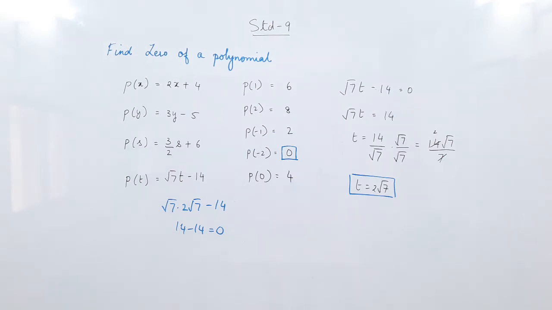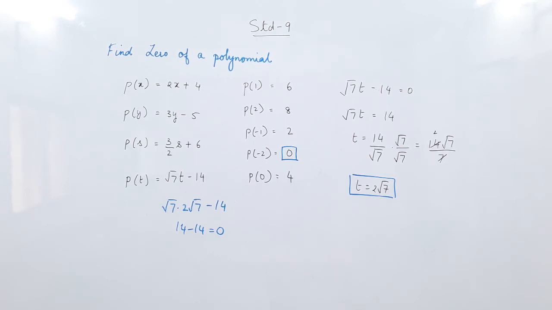So what we have done so far, can we revise it one more time? First of all, we classified the polynomials, whether it is a polynomial or not a polynomial. If it is a polynomial, then how many variables, single variable or more than one variable. Then we found out the terms, whether it is a monomial, binomial or trinomial, and last the degree of the polynomial. And the second part we did was 0 of a polynomial.